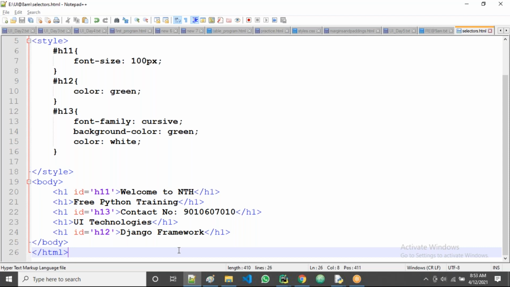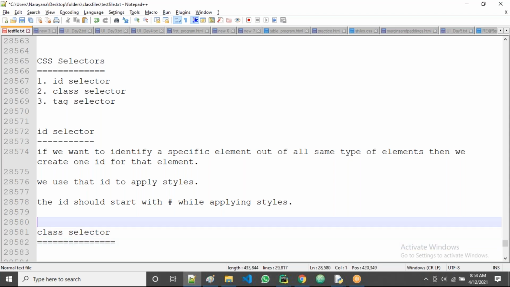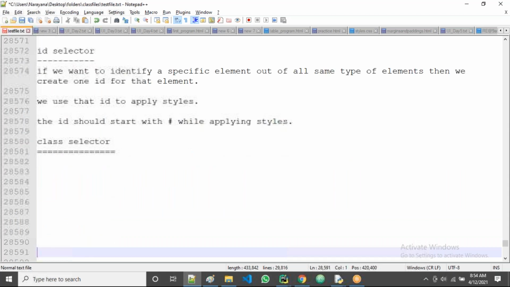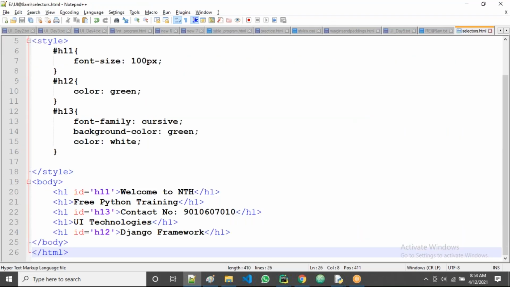The second one is the class selector. These are basic things, guys. If we know these basics, then we can move on to bigger programs. So when do you go for class selectors? An ID selector means identifying a specific one.